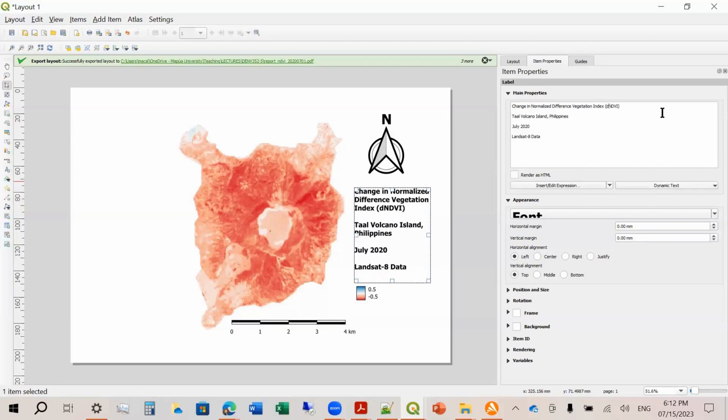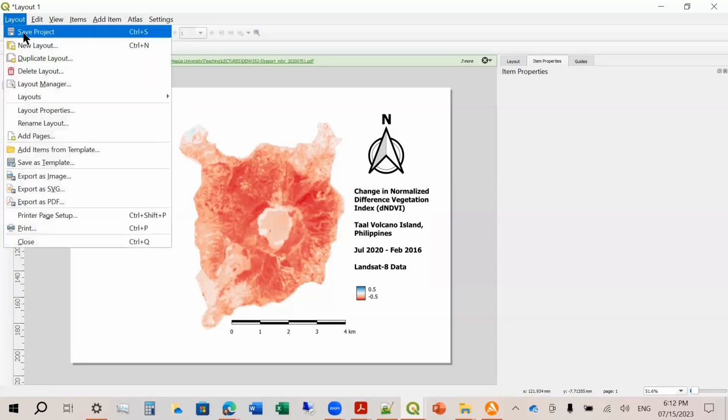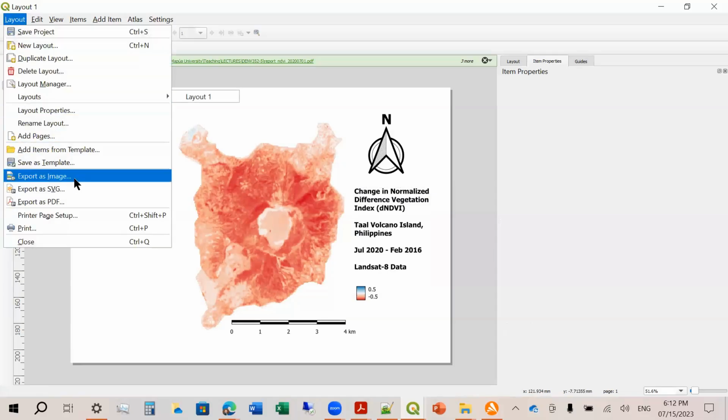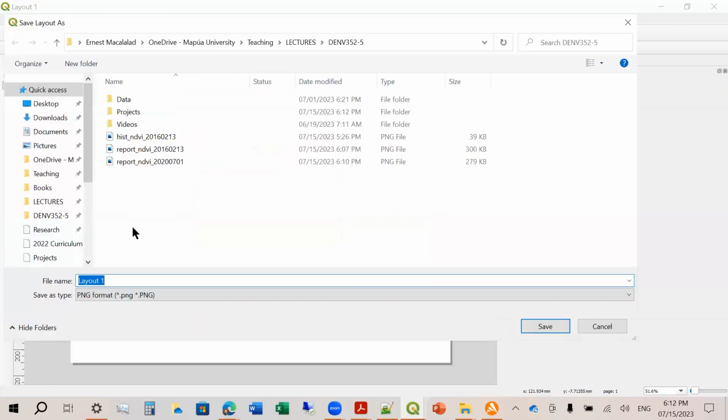So let's say DNDVI. This is July 2020 minus February 2016. You get my point. So let's make it shorter now. So July 2020 minus February 2016. Again, using Landsat data. Okay, and then layout. Don't forget to save.